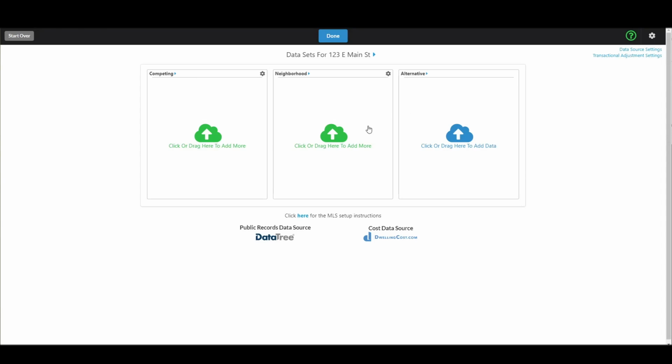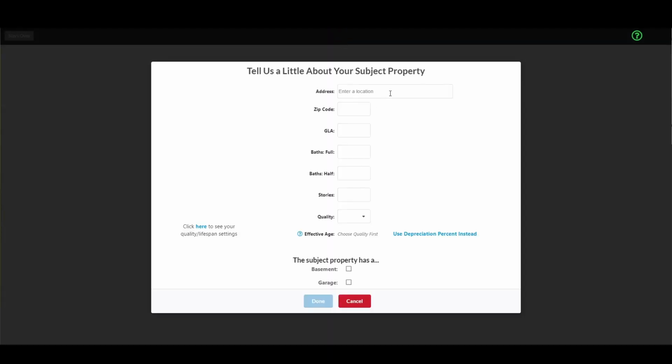All right, so I click done there. It's recrunching everything, and now I can click done. And then the last step before it actually crunches all the math and I see the result is I come to this screen and I'm going to enter in a little bit of information about my subject property, because Synapse is going to do some things where it can adjust all of the properties I just uploaded to my subject property to help fine tune what the adjustments might be. So I'm just going to type in, let's go with